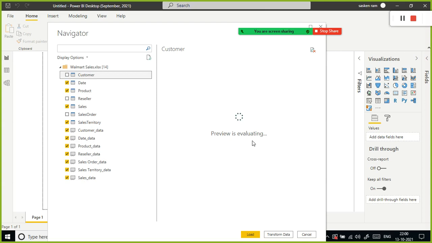If the volume of the data is very high, and especially when you connect to the cloud and are extracting millions of records, it will take a longer time to process. It depends on your network bandwidth, and especially when you use a connector, it will take longer to fetch the data. One second, I just